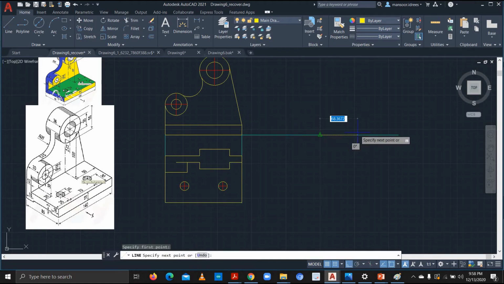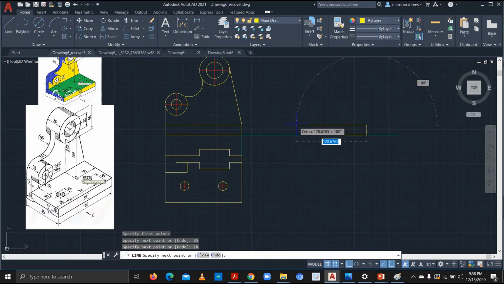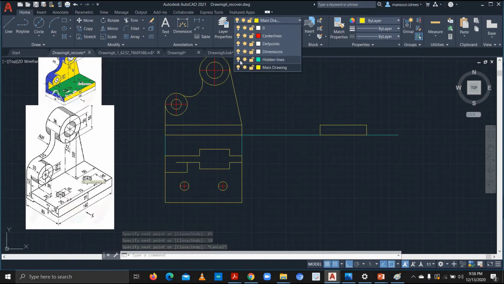lines. This was 85, this was 18, and this was 85 again, and 18. Okay, so now it seems okay. I'll turn off my hidden line layer